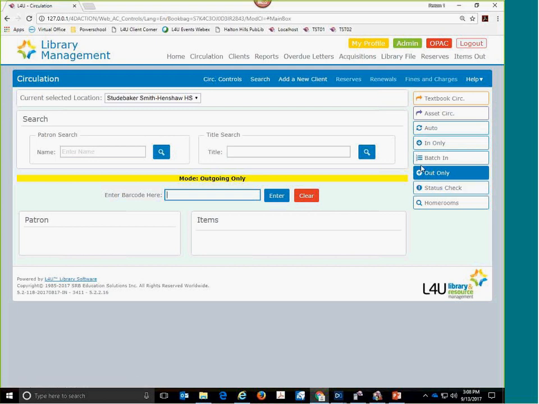When you're out only, L4U will catch that. So the item that you're scanning to Joe or little Johnny has to have a status of in. If it's out to somebody else, like maybe you just gave it to Susie, and Susie's now got this item, and she's got two other items that she wants to circulate, and the top one is the money. L4U will capture that. It will say this item's already currently out. You want to circulate it out to Susie. You say,